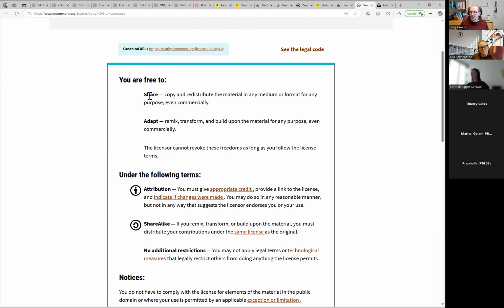Again, you see, we are allowed to do exactly the same as in the CC BY license. Now there's another term.